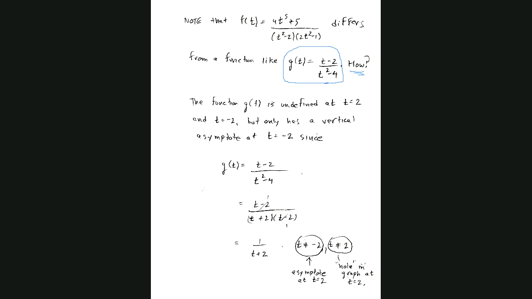The denominator in this g of t is t squared minus 4. And that's going to be undefined at t equals 2 and negative 2. But it only has one vertical asymptote. It doesn't have 2 vertical asymptotes. It has just one. The problem that we did before,